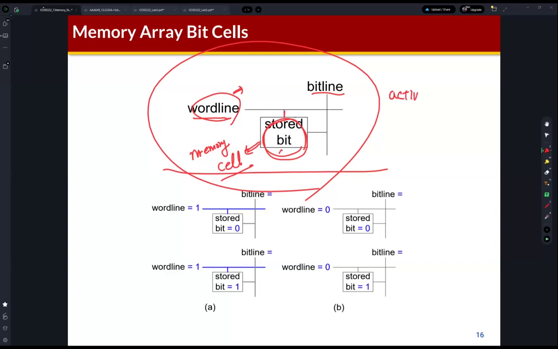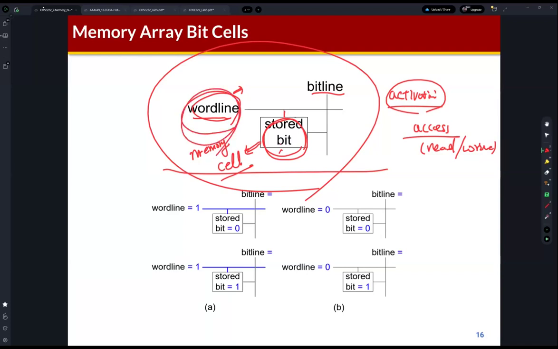Activating means we can access. Access means read or write to this memory cell. The activation or deactivation is controlled by this word line. For example, if this word line is 1, then we can access this memory cell